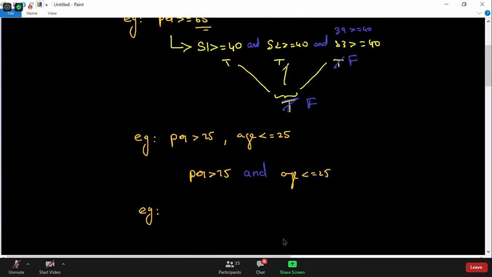We have seen some examples where we took a percentage and could not take a decision, so we had to check each subject's marks. To check each subject's marks, I combined with the and operator, so that only if all the subjects are greater than 40 will it result true. If any one of the subjects results false, then the output will be false, because in and, if any of the expressions results false, the output will always be false.